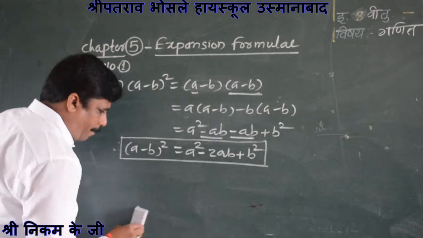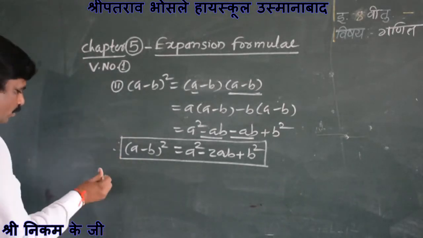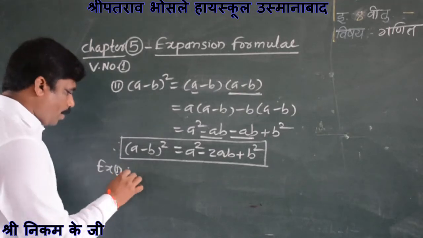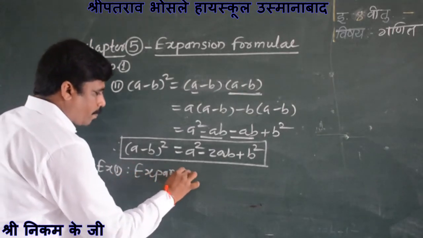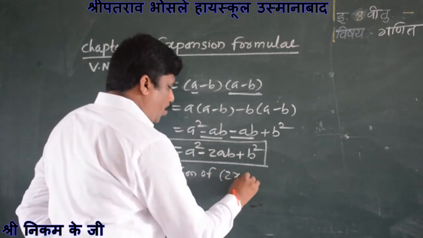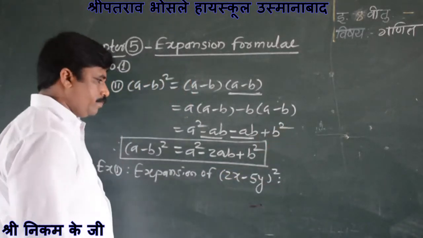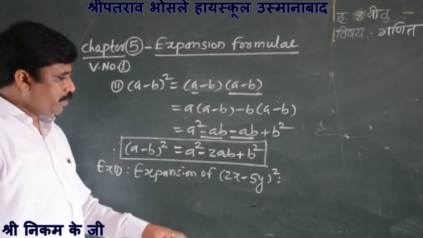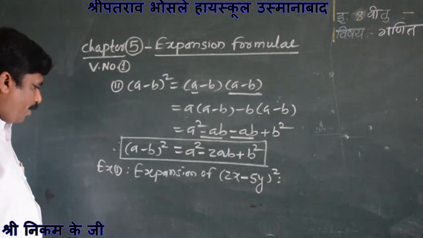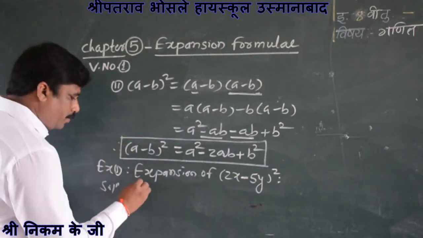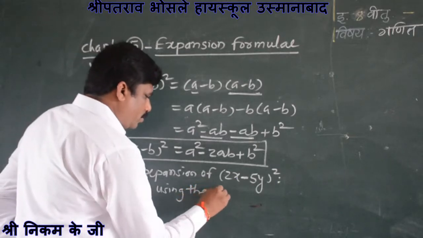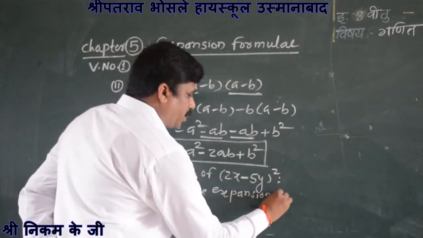In this expansion formula, by using the examples, example number 1: expansion of (2x minus 5y) bracket square. Here, by using the expansion formula,